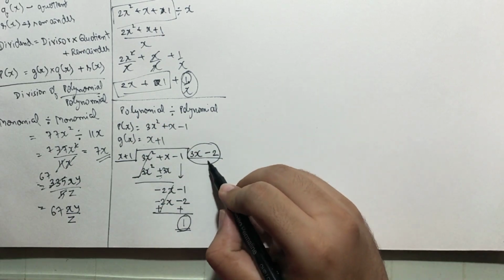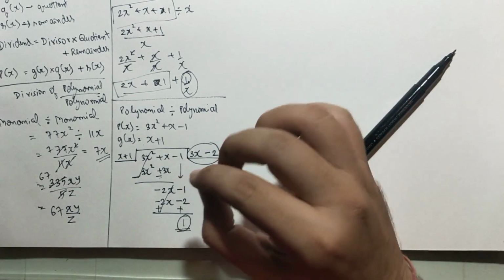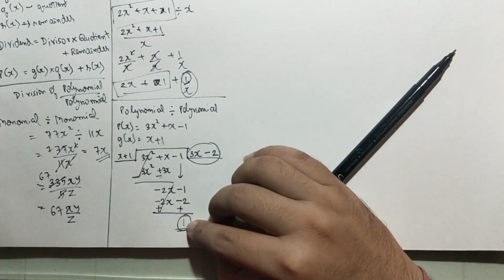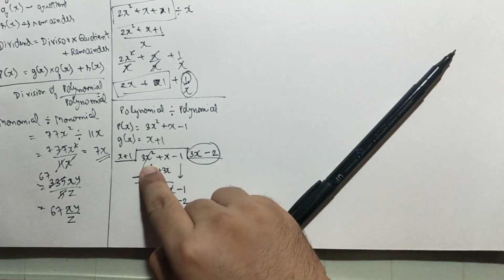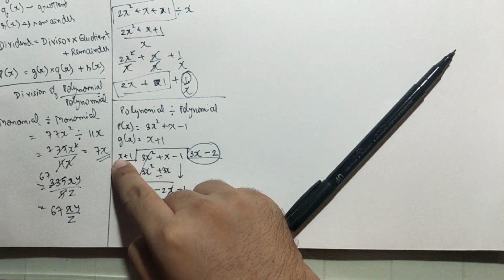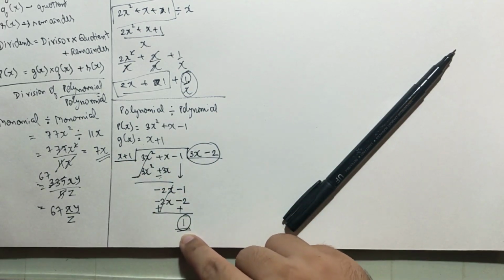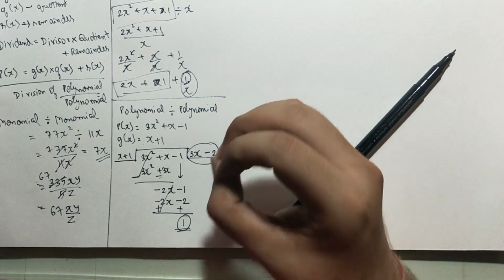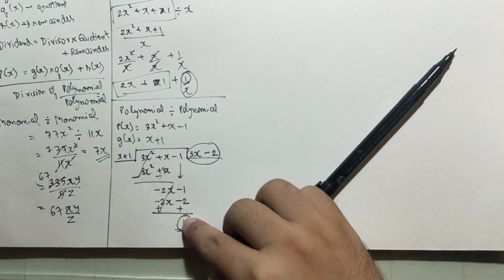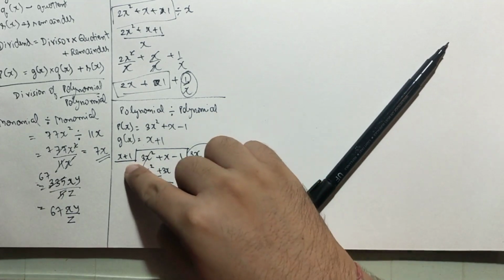So this is a question and this is a remainder. The question is now, till what step we should continue? See, the degree of the dividend was 2. The degree of the divisor was 1. This is the remainder. What is the degree of the remainder over here? 0. So we have divided till the step when the degree of the remainder is less than the degree of the divisor.